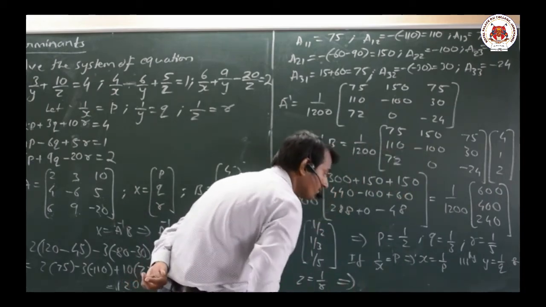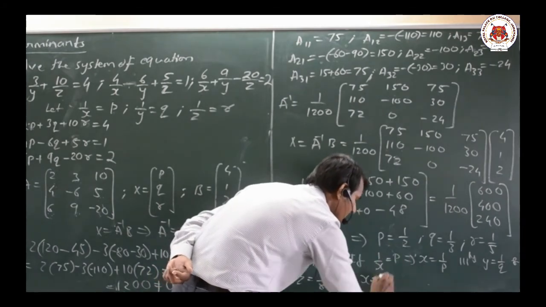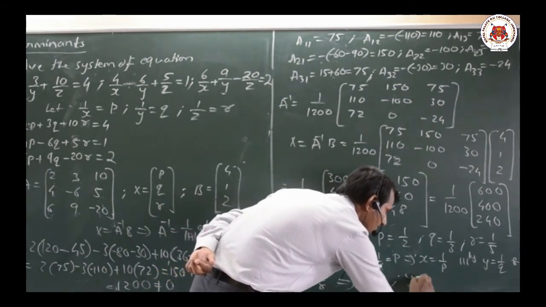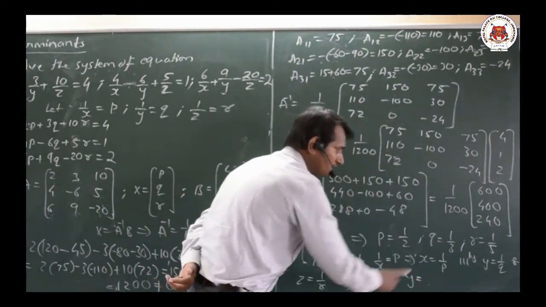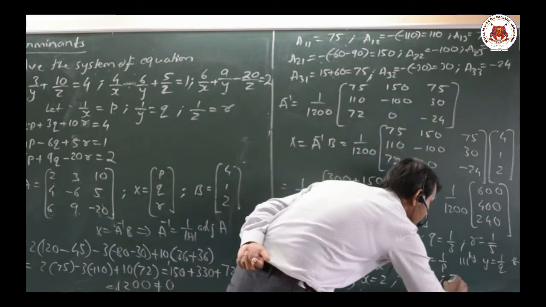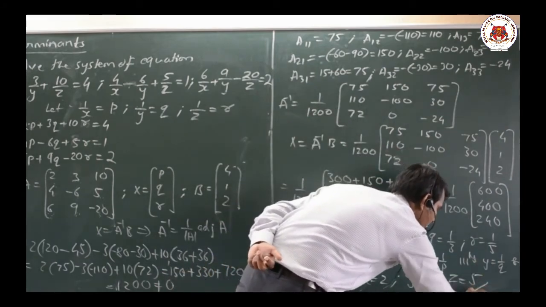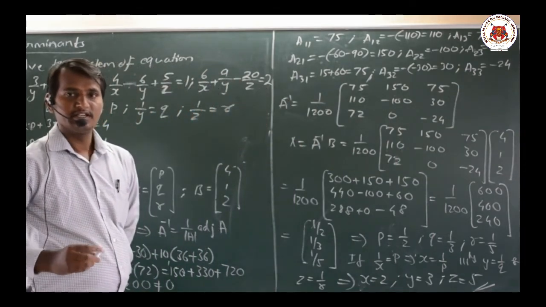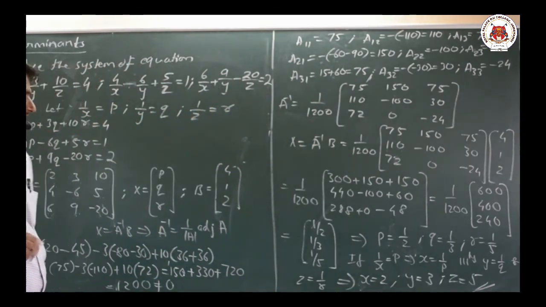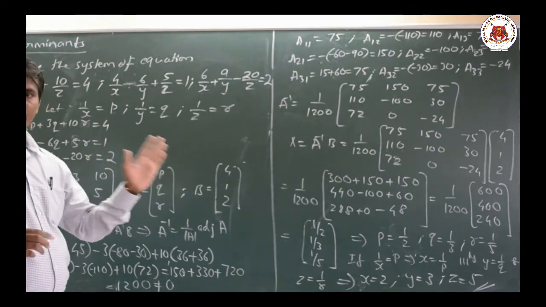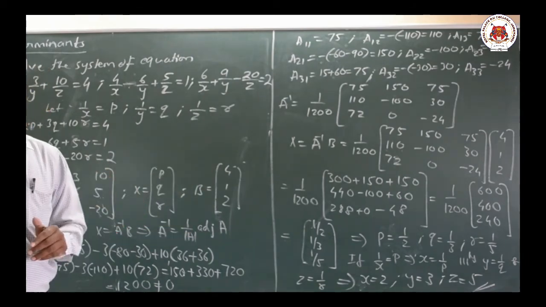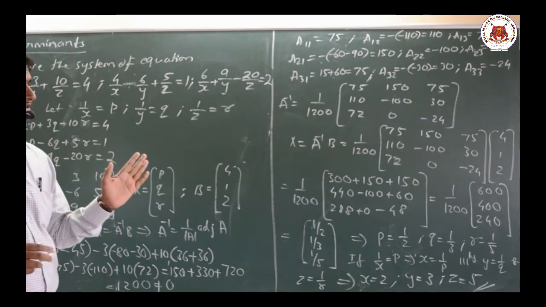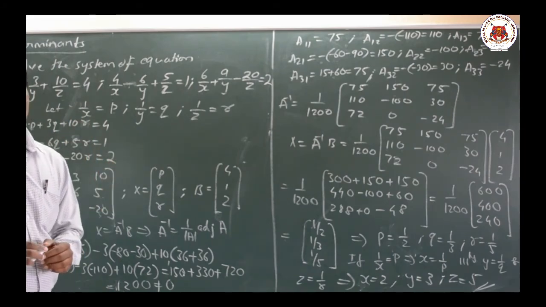Therefore what we get here, x value equal to 1 by P means 2. Okay, y value equal to 1 by Q, 1 by Q means 1 by 3, that is 3, and z value means 1 by R means 5. That is the required result. Okay dear friends, it is a very simple problem asked in your question paper. You can make use of calculators wherever you require here. It is also an important question asked in your question paper for 5 marks.